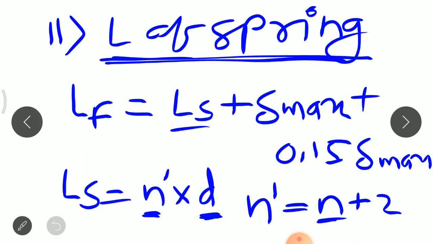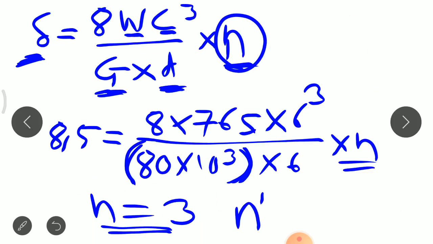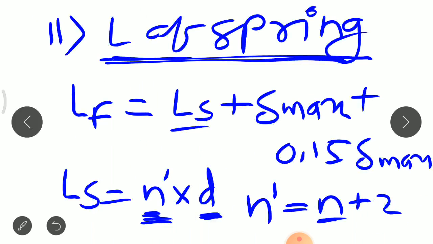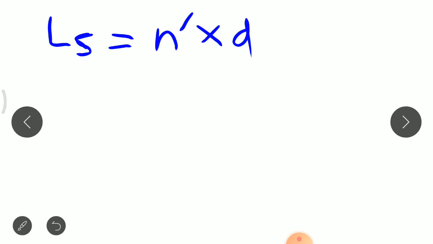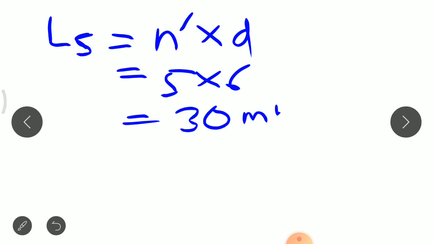और अब हम उस फॉर्मूले के लिए, फ्री लेंथ के लिए, यहाँ पे N dash की वैल्यू हमें चाहिए। तो N dash कितना है? N dash इज इक्वल टू N+2, दैट इज इनएक्टिव टर्न्स। तो N की वैल्यू है 3 + 2 इज इक्वल टू 5। N dash की वैल्यू 5 आ गई। तो अब यहाँ पे इस फॉर्मूले में हम उसकी वैल्यू पुट करेंगे, और पुट करने के बाद में हम सॉलिड लेंथ फर्स्ट डिटरमाइन करेंगे। सॉलिड लेंथ का फॉर्मूला है N dash इंटू d, ये हो गया 5 इंटू 6, इसकी वैल्यू आ गई 30 mm, ये हो गई सॉलिड लेंथ।